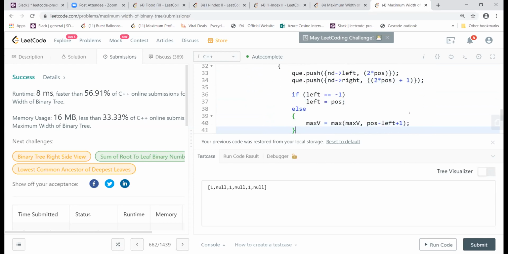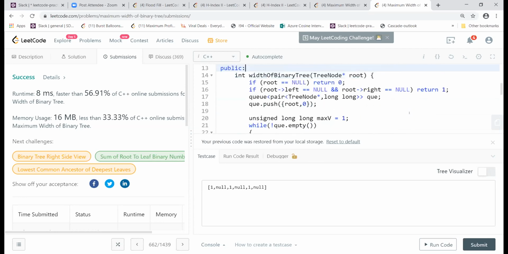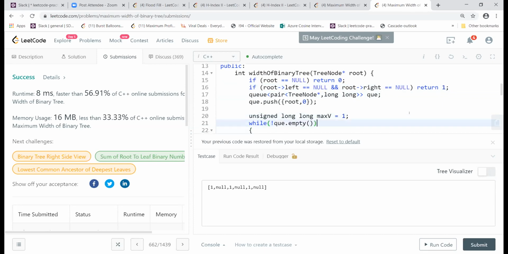Right. But if you take this condition, at least it has to be 1, because when you are coming inside this loop, it means you have at least one node at one level. That is the minimum number of nodes you have to have, or else you are not going to come here at all. You will have at least this, or more than that. Therefore, keeping this as a default is okay.